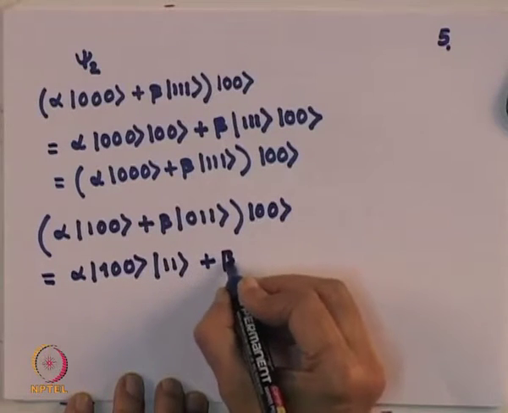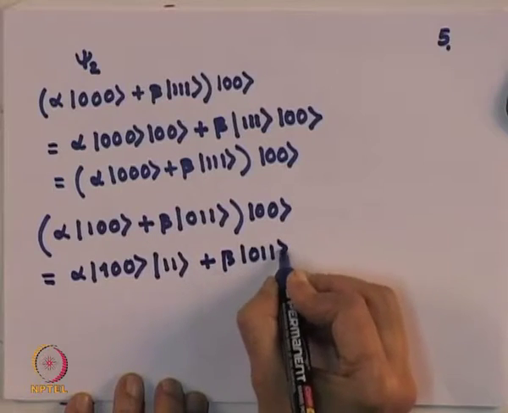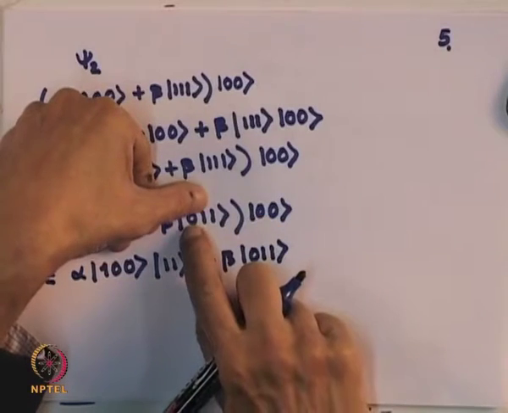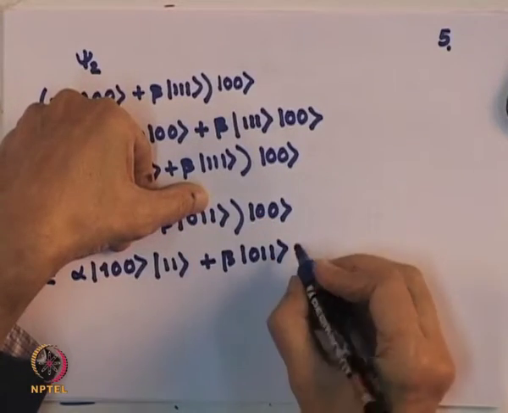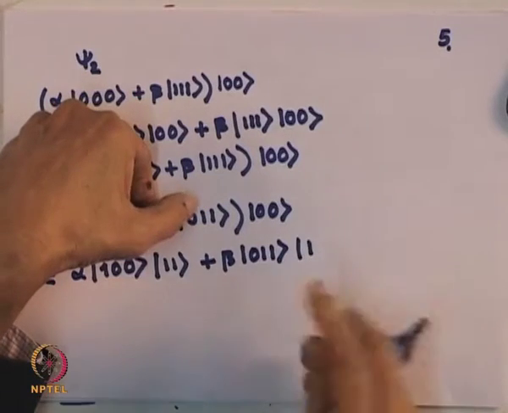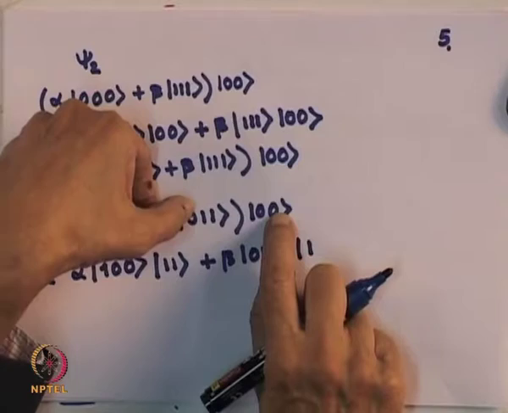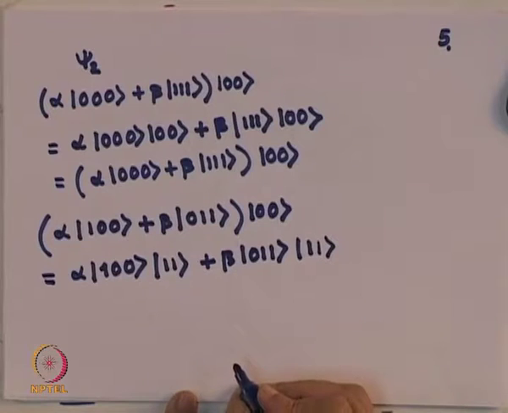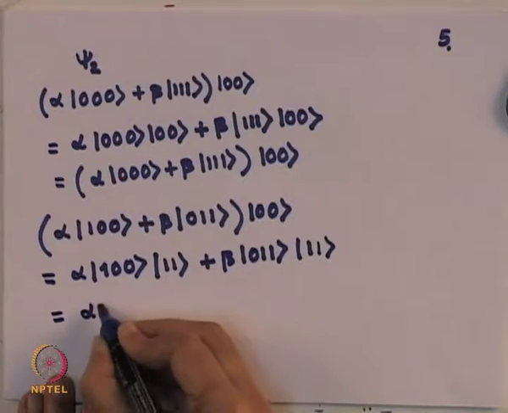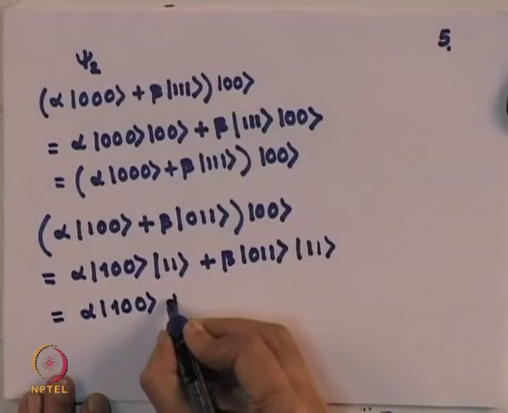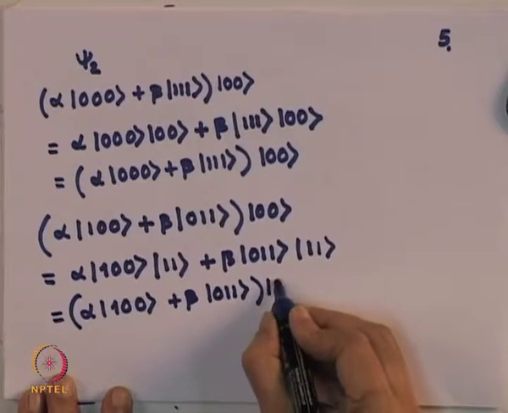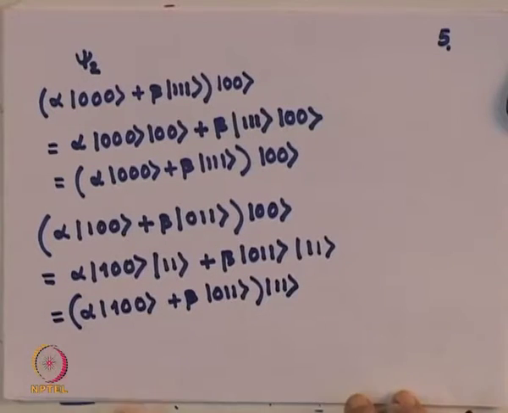Plus beta 011. The C0 control was the first and the second qubit for the first qubit. So there is a 0 and there is a 1, so that must flip it. So therefore I get 1, and the control for the second qubit was the first and the third, which is also going to make it 1 1. Again notice that what I got was 100 plus beta 011, which is what I received, times 11. The ancilla bits got changed naturally because I am doing operations on the ancilla.